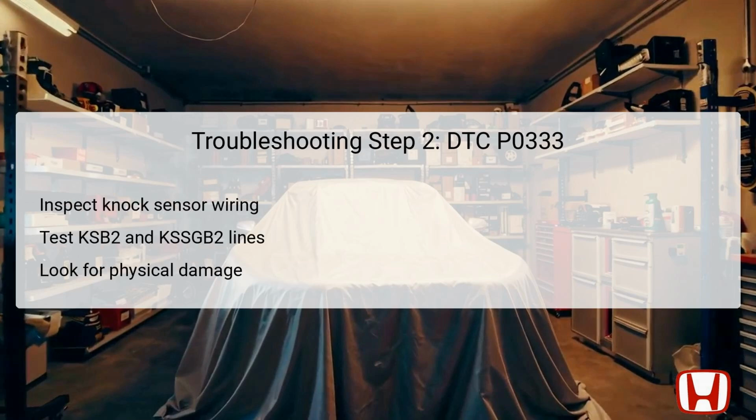The second troubleshooting step focuses on a thorough inspection of the wiring associated with the knock sensor. The knock sensor's electrical connections can fail due to wear, corrosion, or physical damage. Technicians should focus particularly on the KSB2 line and KSSGB2 line, testing for continuity to ensure that both the signal and ground connections from the sensor to the PCM are intact. If either of these lines is open or shorted, it could lead to the high voltage readings that are triggering